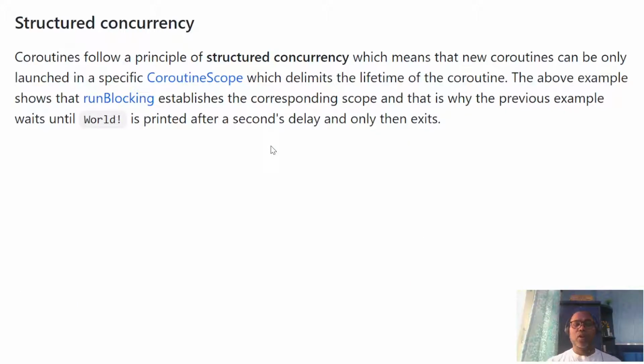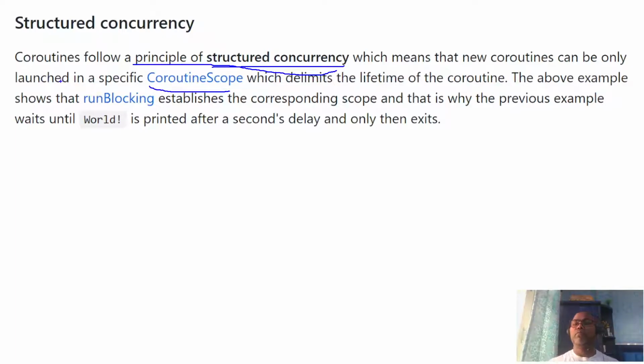Okay, if you talk about structured concurrency, coroutines follow the principle of structured concurrency, which means that a new coroutine can only be launched in a specific coroutine scope. Whenever you want a set of code to be executed in an independent and asynchronous mode, that launch would come under the coroutine scope.